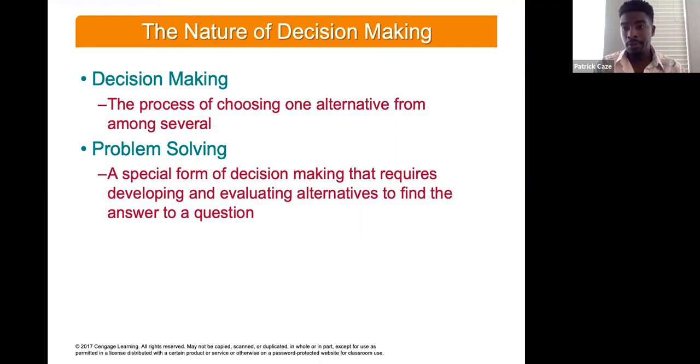There's a lot of things that go into the whole decision making apparatus, right? So when we talk about decision making, we're really talking about choosing between alternatives, right? Like deciding which one is the best course of action that we need to take in order to address the problem at hand, or to reach a certain goal, or whatever the case may be. We come to a decision point as to whether or not we need to do something or not. Okay. And all that is part of the problem solving